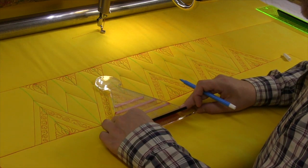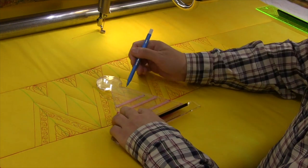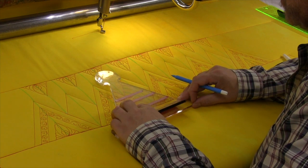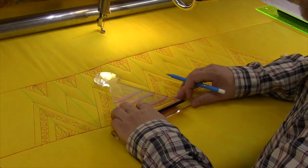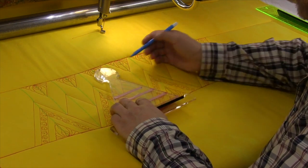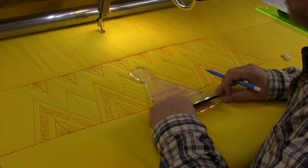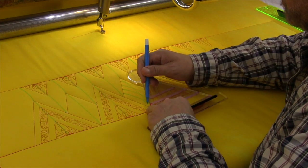So I'm going to slide, get my first line, slide up again. I'm checking with my lines on my ruler to make sure they're straight. And I'm just pre-marking because that's what I would prefer doing rather than being extremely cautious with the ruler. It's there, I can relax and pre-mark all of these and then just go for it as I go through it. Slide up,